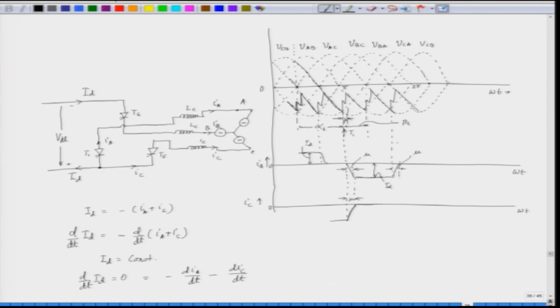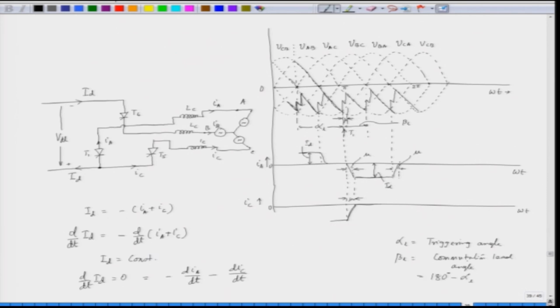Beta is the commutation lead angle. So, we say that alpha L is the triggering angle and beta L is the commutation lead angle,